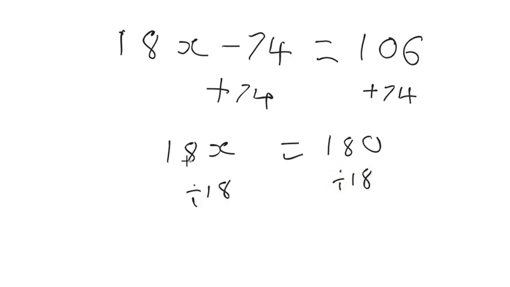Why did we do that? To get rid of the 18. They cancel out. Yay, it worked. And we're just left with 1x. That is 1x. 180 divided by 18. You might notice that that goes into that 10 times. 10. Because if you times that by 10 and you just add a 0 on, you know that technique that